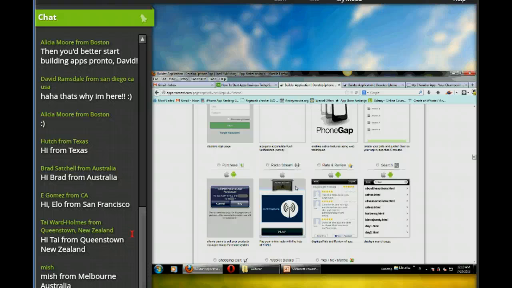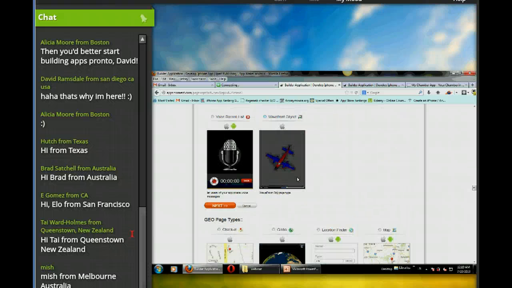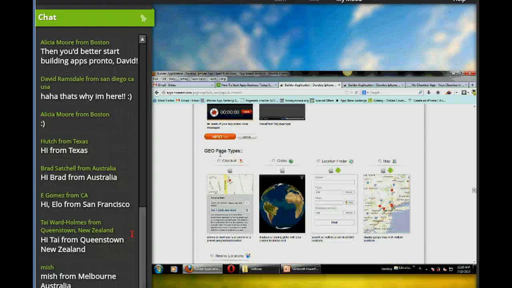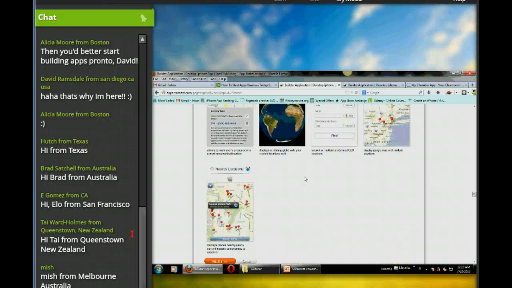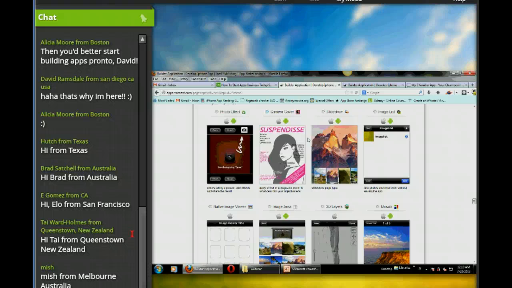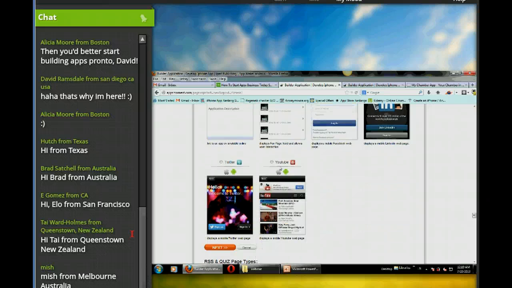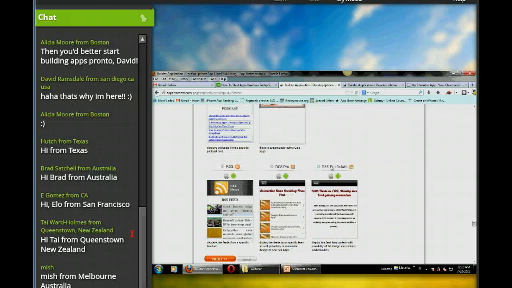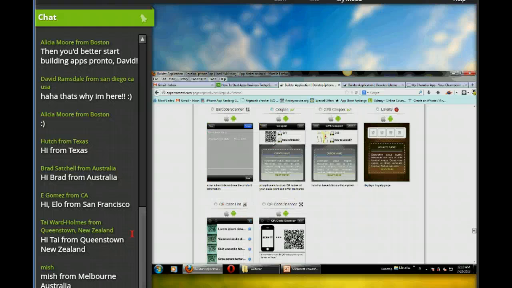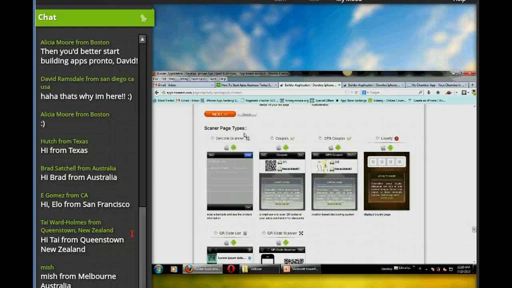So you can spend some time and test it and see what we do here. We have geo pages types, very cool one for images. Social page types like connecting with Facebook, with LinkedIn, with Twitter, YouTube, and we have different scan page types like